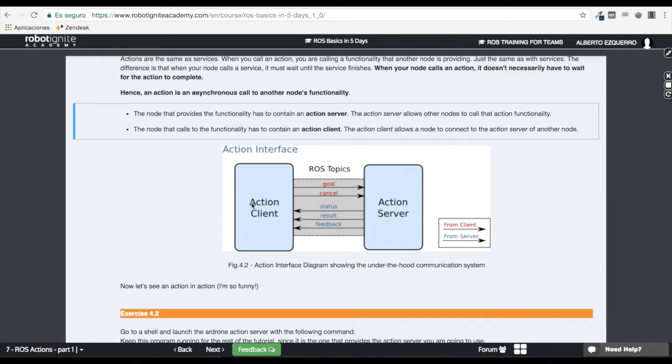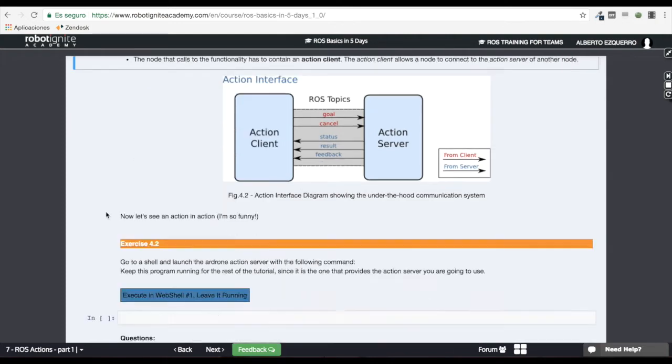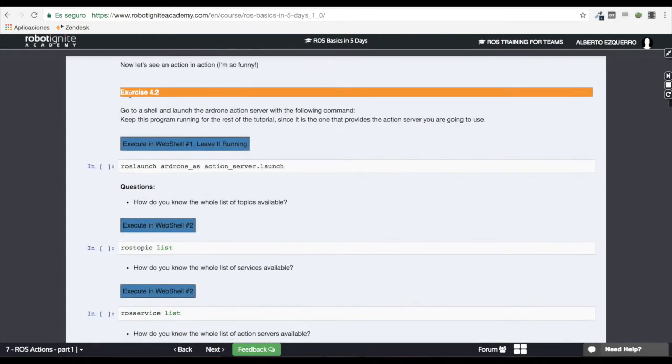Yes. So this is very similar with actions. We have the action client, which is the part that requests that functionality, and we have the action server, which is the part that provides the functionality. And then here we have some things connecting both parts that we are going to see while we advance through the unit. Then let's begin doing some exercises or examples, because they are guided,